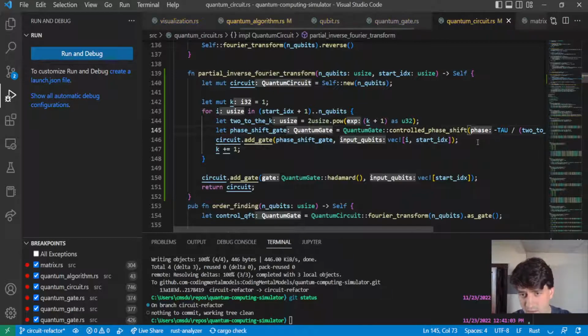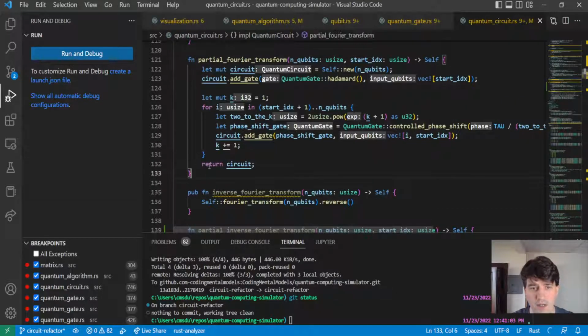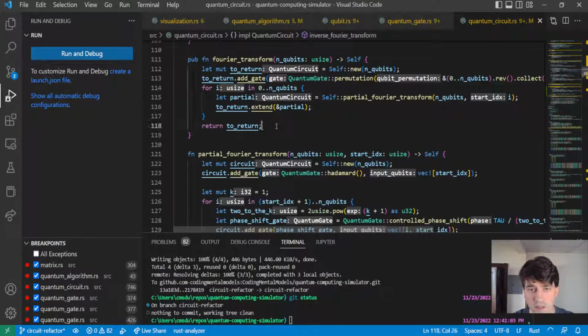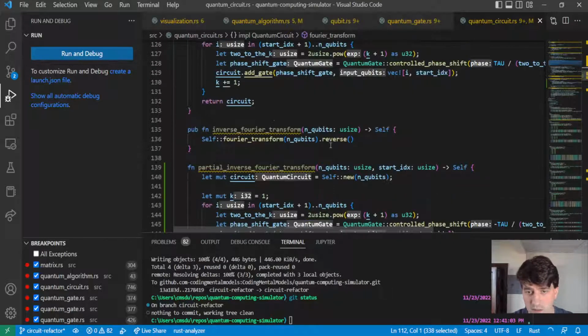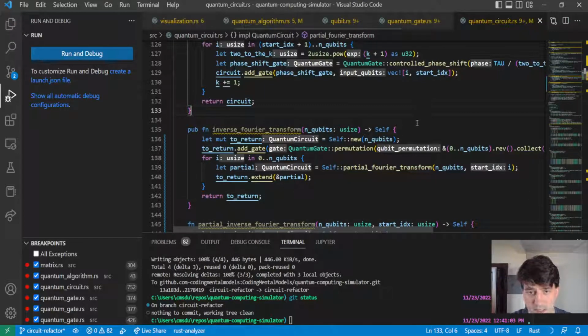And I wonder if I have to rotate the input qubits around. I'm honestly not sure. I'm kind of hoping that we can just throw some code in here and then see if our tests pass, which is maybe not the best thing to be doing, but